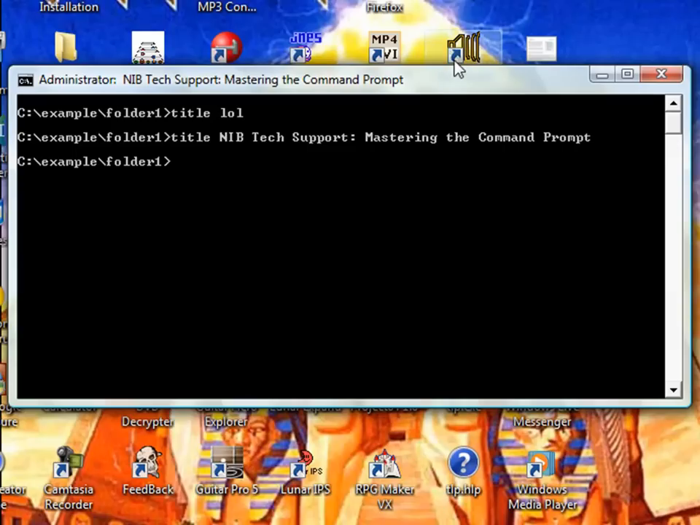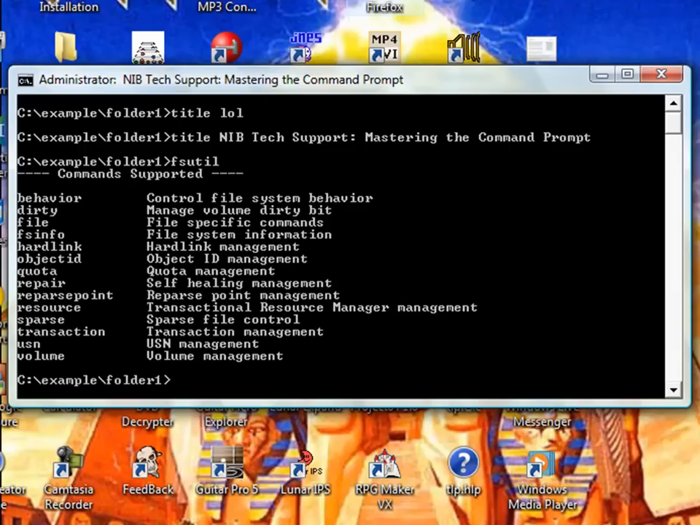There's this little program built into Windows that you can use from the command prompt called fsutil. And if we type that in and push enter, we can see a lot of stuff here, but we're only going to be using the file argument. Now in folder 1, all we have is our batch file. If we type in fsutil file create new,